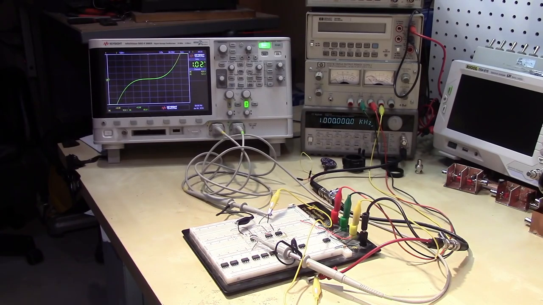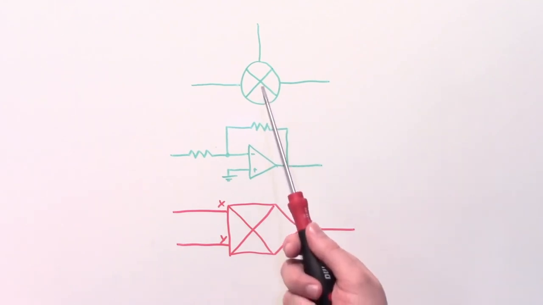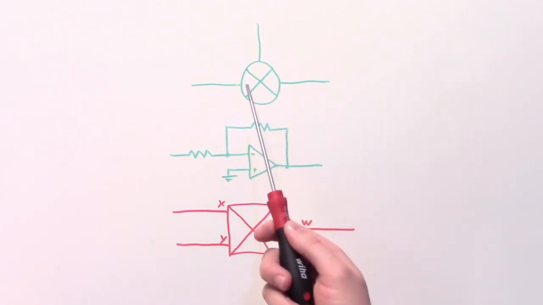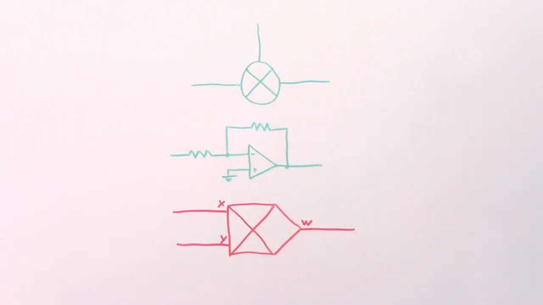Today we're going to talk about analog multipliers, how to use them, and some of their interesting applications. Now, a multiplier should not be confused with either a multiplying mixer or an amplifier. Granted, both of these things do multiplication, but they multiply an input signal by a fixed constant. So with a diode ring mixer, for example, it typically multiplies the input signal by 1 and -1. And with an operational amplifier, the input signal gets multiplied by some predetermined constant defined by the ratio of its